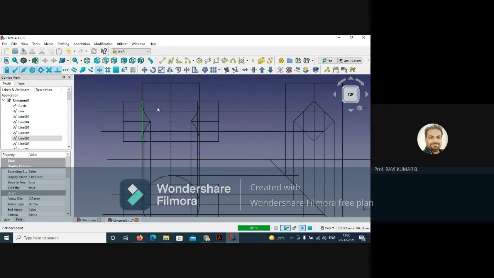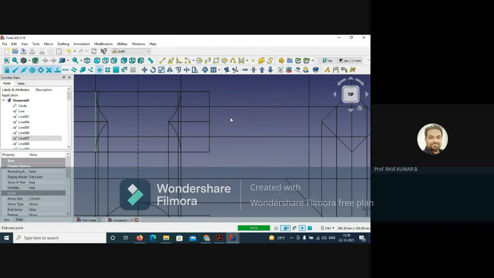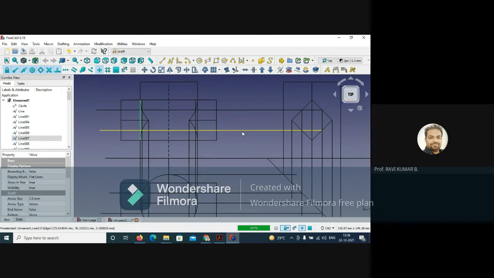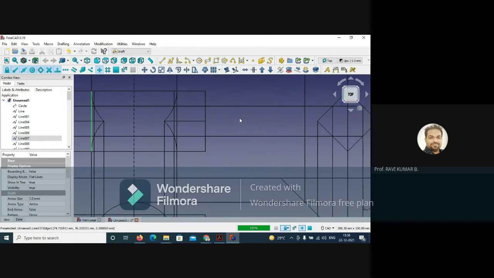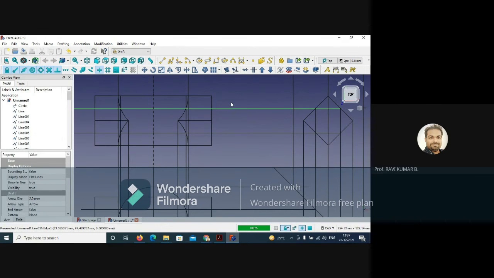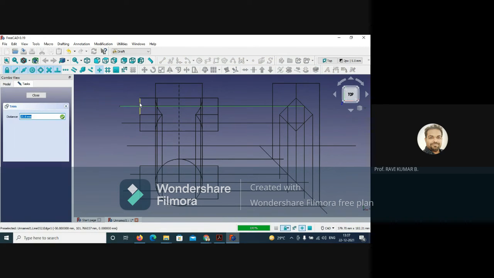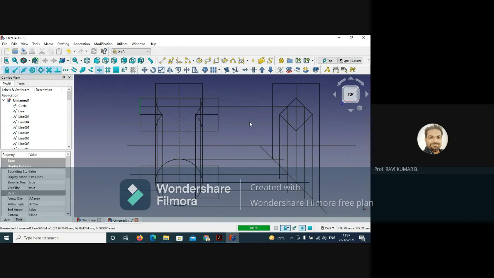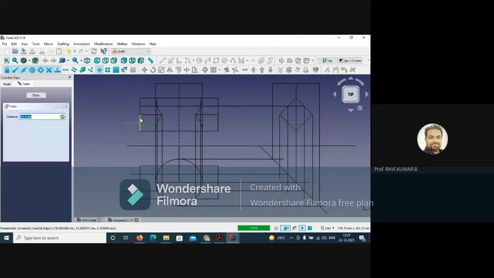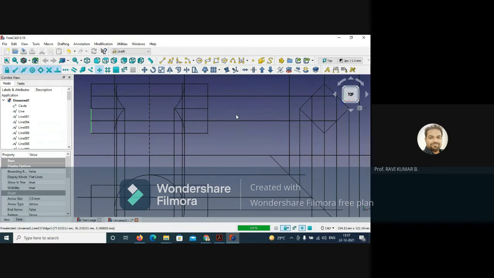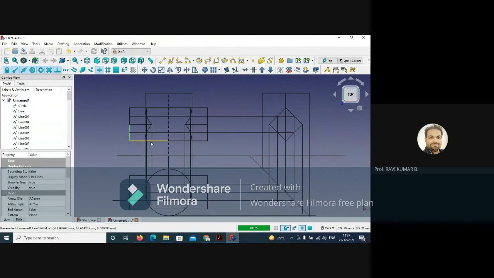If the mirror option was there, it could have been very easy for us, right? Only one side we have to do and the remaining we can manage. Now extend this also, exactly up to the point. Extend this also exactly up to this point. Okay, so this is over. This side, this is the break line, better you delete this,